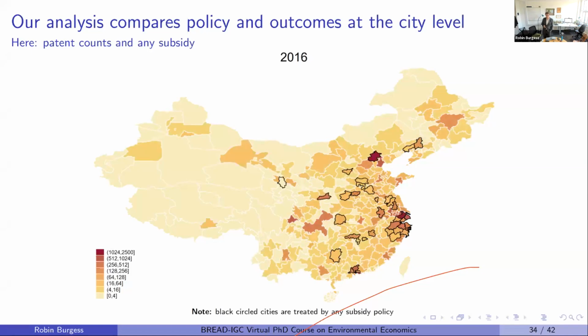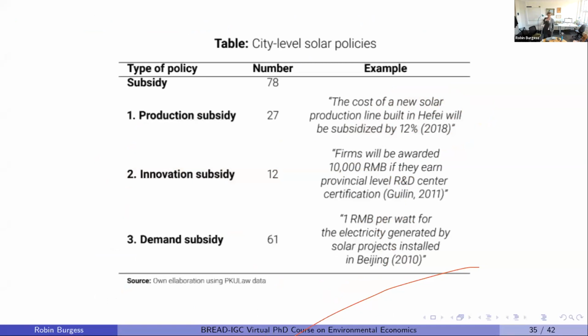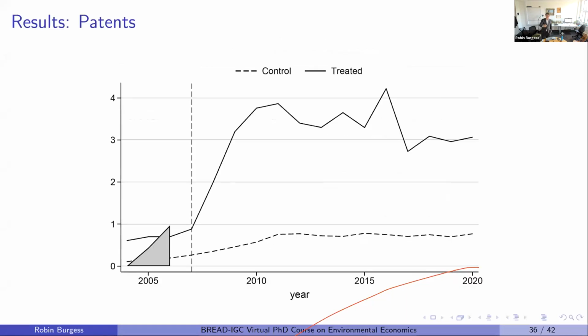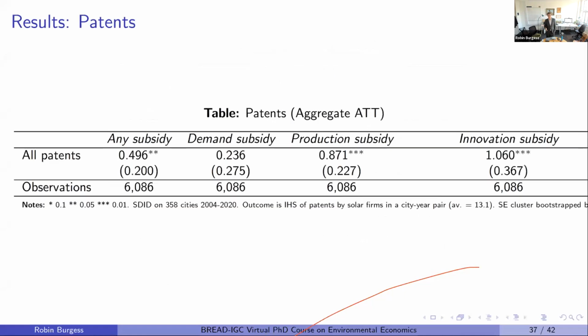And what's interesting here is that in terms of the types of subsidies, there's production subsidies, innovation subsidies, and demand subsidies. The production subsidies are just encouraging production, so standard industrial policy. The innovation subsidies are even more interesting because they're actually encouraging R&D. And when we look at the results, this is basically looking at the difference between cities that got subsidies and those that didn't. Then if we go across a whole range of measures, we're starting to see this big increase, not just in